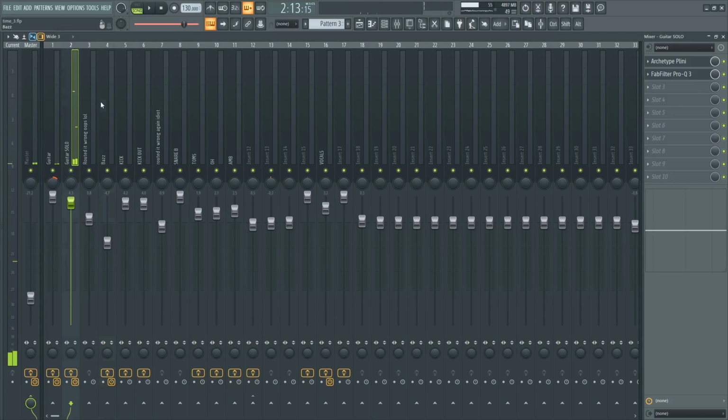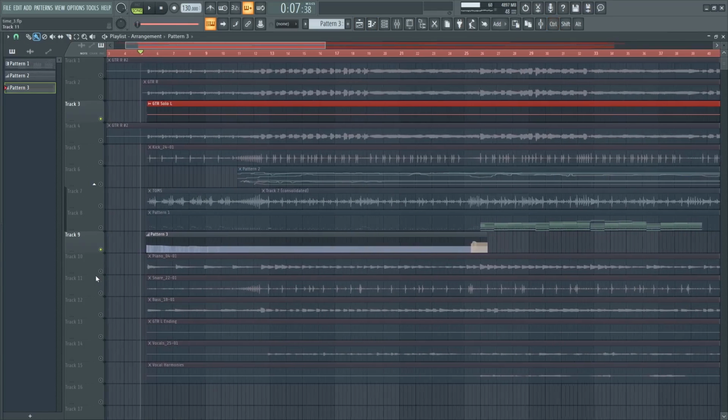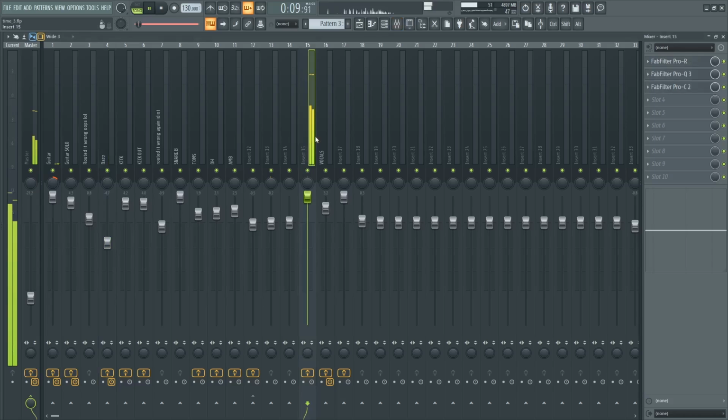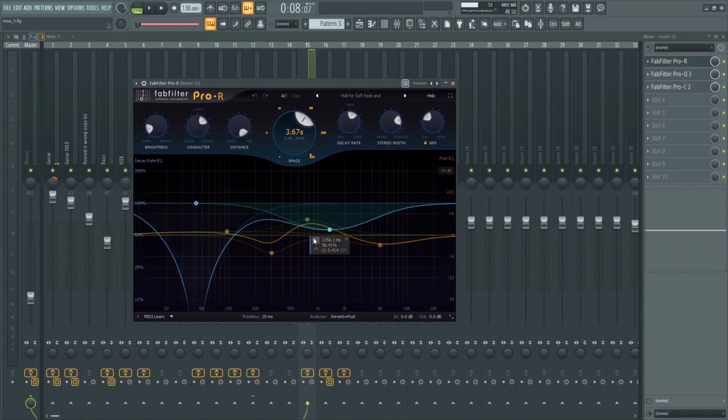Which, to be fair, I probably undid in the final mix. There's also a piano track here, which is in mono, which is what we love to see. So to make it sound less mono-y, I made a reverb, which is kind of very mental looking, but it's